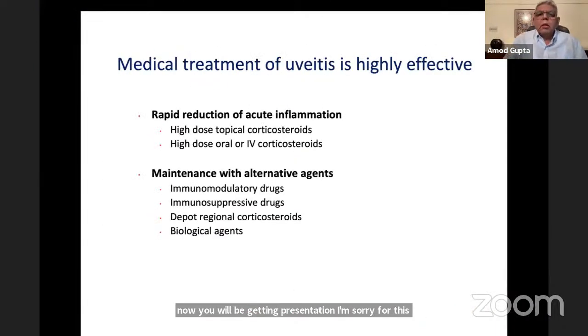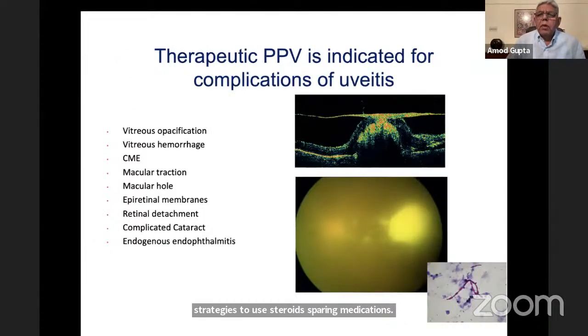So, as you are all aware, medical treatment of non-infectious uveitis is highly effective, and we typically use high doses of corticosteroids to douse the acute inflammation and maintain the control with a variety of strategies to use steroid-sparing medications. Ever since Diamond and Kaplan back in 1978 pioneered the use of pars plana vitreous surgery to manage some of the complications of non-infectious uveitis, there have been an increasing number of reports in literature for the last more than 40 years